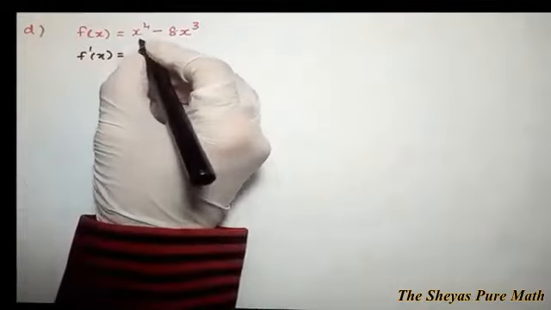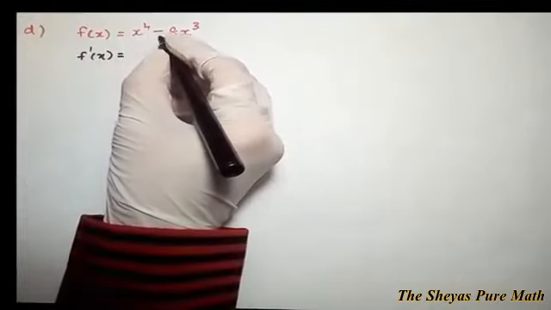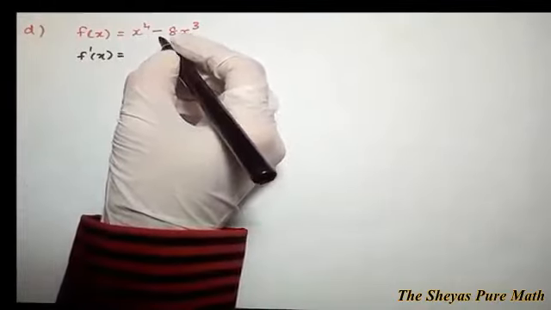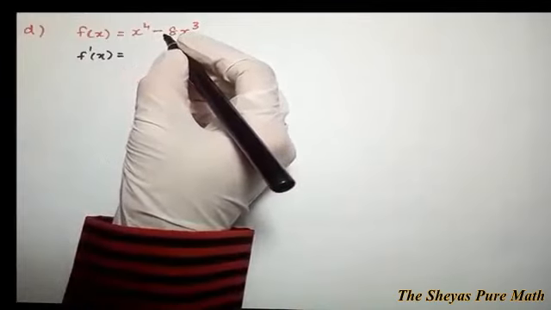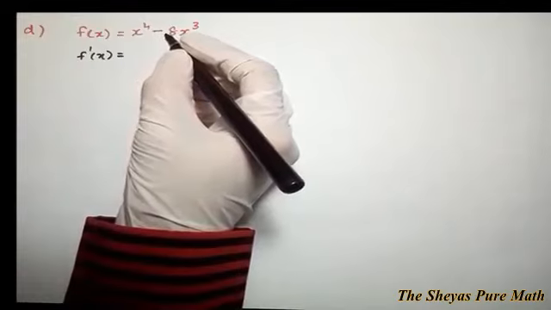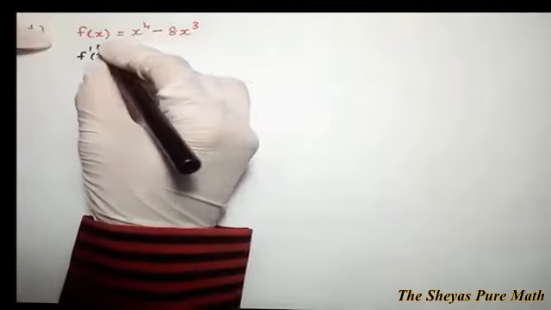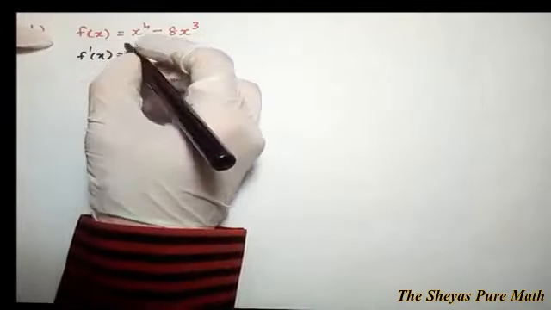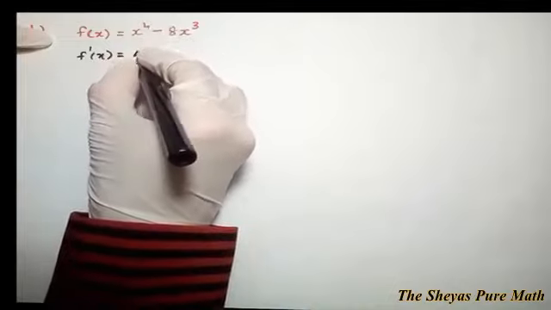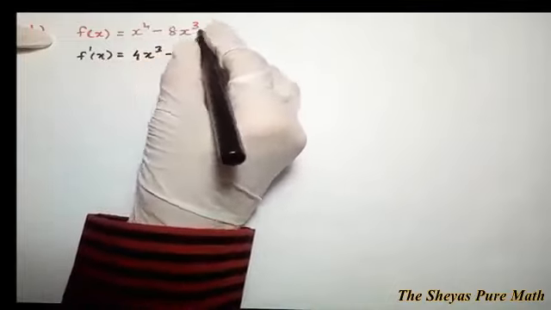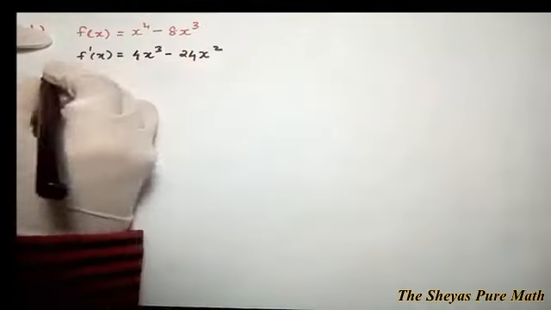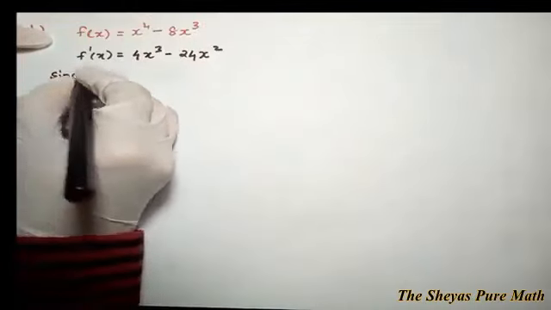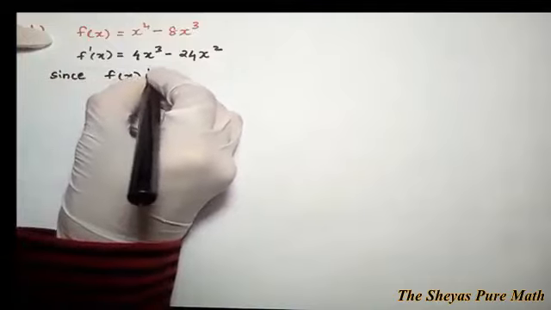So next problem, f of x is equal to x power 4 minus 8x cube. So again the function is increasing and we have to find the values of x for which the function is increasing. So what is the first step? You have to find f dash of x. So x power 4 differentiation is 4x cube, minus 8x cube differentiation is 24x square. Since f of x is an increasing function,